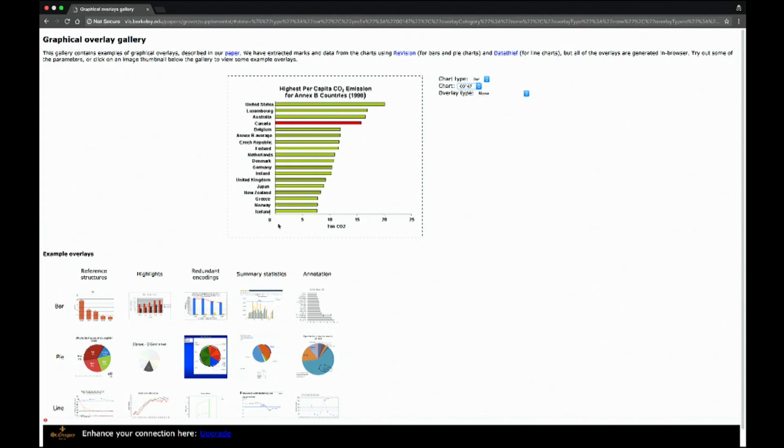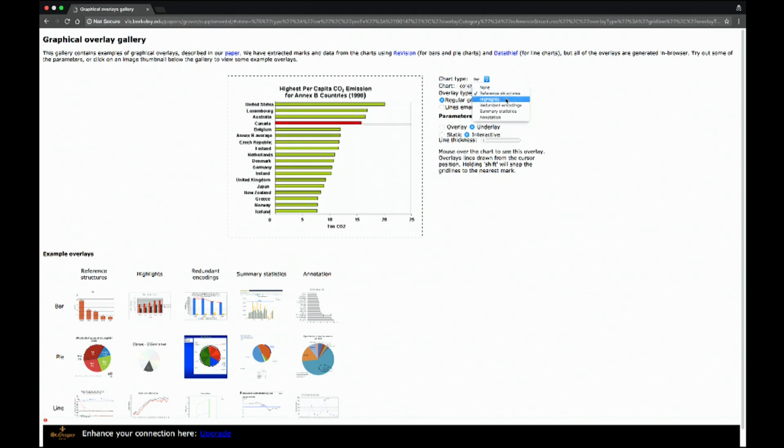Okay, so here up top is a static chart. We scraped this from the web, and it was just a set of pixels. We deconstructed it, and now we can add in reference structures. So I'll press that, and we add in these divisions, and these divisions can help you read off the values of the bars. They help you project the end of the bar back onto the axis and read off the value. And I can change the number of divisions like this. I can make it an underlay to give it less prominence. And I can also make it interactive. So here, I can just place my reference lines at the end of the bar to help me for that one